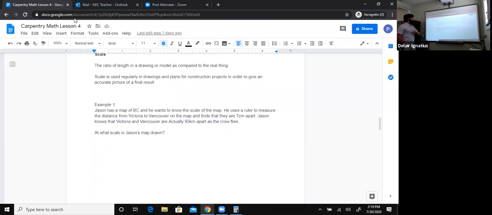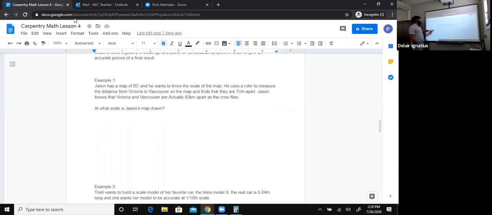The next thing I wanted to talk about today was scale. Scale is just the length of a drawing or model or anything really compared to the real thing that it represents. So we'll talk about this in model cars, maps, blueprints of houses, which will often be drawn to scale. And it just means exactly that. It's a ratio and it represents the size of the drawing to the size of the real thing. So as an example,